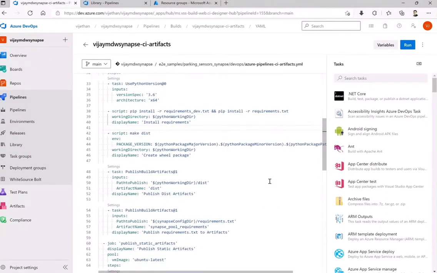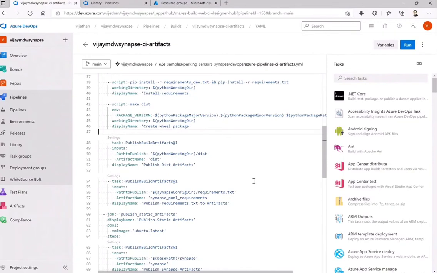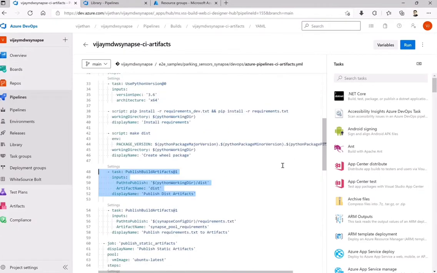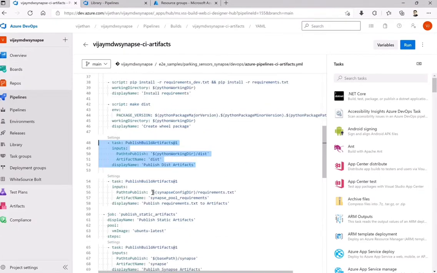Obviously this wheel package will be used by that particular cluster from where we will actually run this modern data warehouse. That is the reason we wanted that distribution available. Similarly we will publish that as a publish artifact, and the requirements which I was mentioning are also listed here as an artifact. Basically, whatever comes our way, not only from the application per se but from the configuration per se, those are called artifacts.